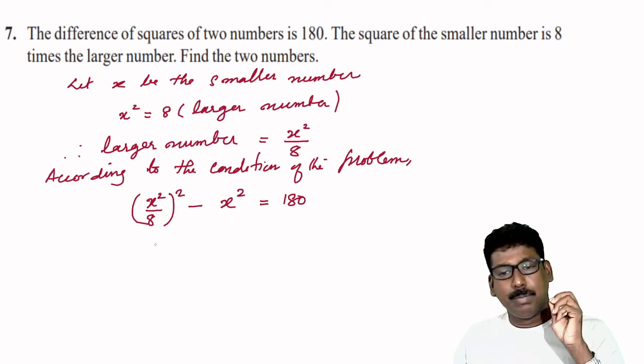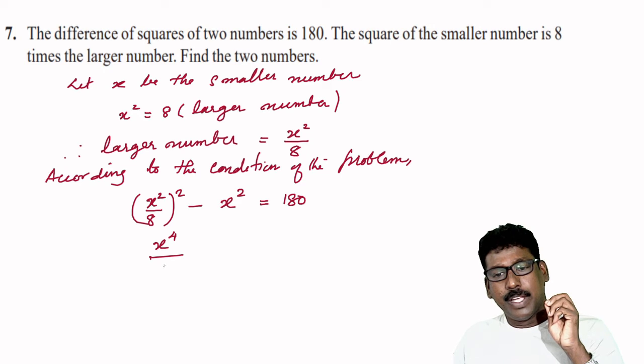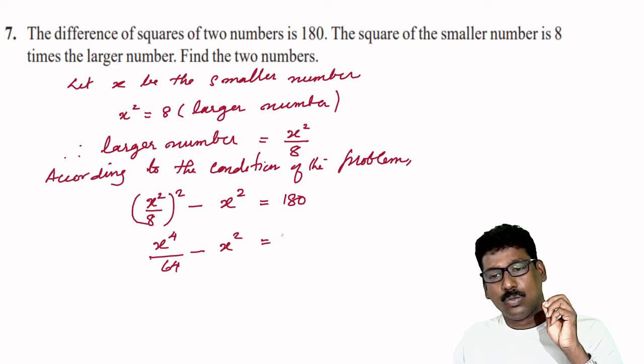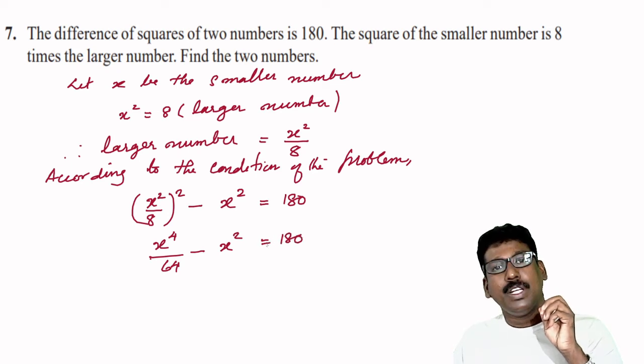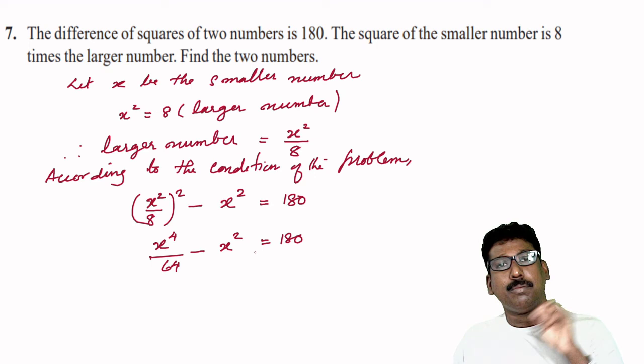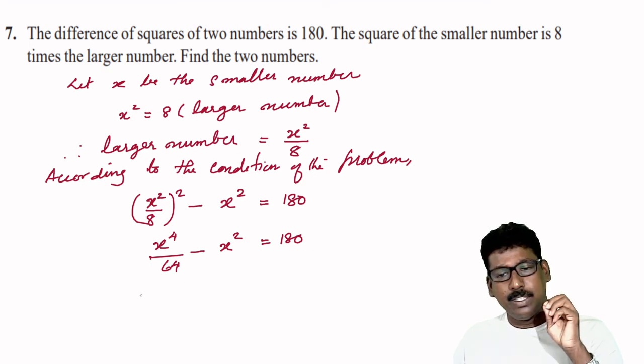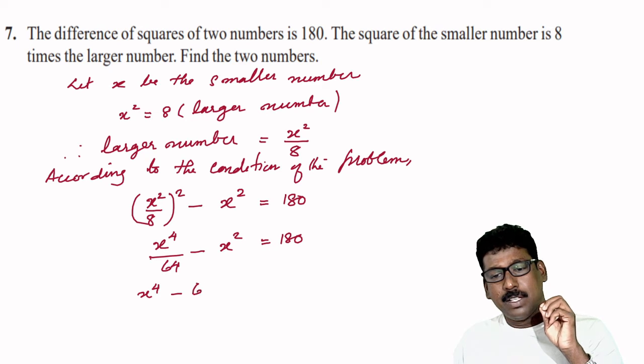Simplify: x square whole square is x raised to 4, 8 square is 64, minus x square is equal to 180. Multiply each term by 64, you get x raised to 4 minus 64 x square